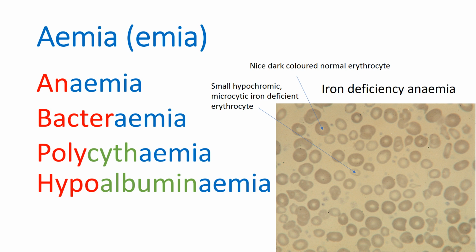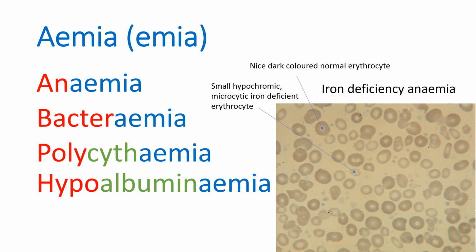I'll just tell you about this interesting photo I've inserted here. This is a patient who reported with severe iron deficiency anemia. And you can see that the iron deficient cells are the small ones. They're microcytic, the cells are small, and they're hypochromic, they're very pale in colour. But the newer cells, the larger, darker coloured cells, these are the ones where the bone marrow had sufficient iron to produce the cells normally. So it's what you call a dimorphic field. It's halfway through treatment.